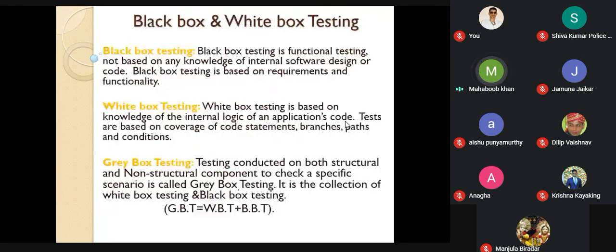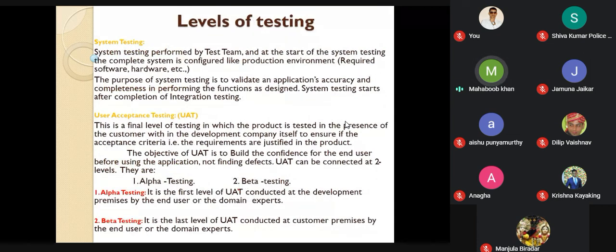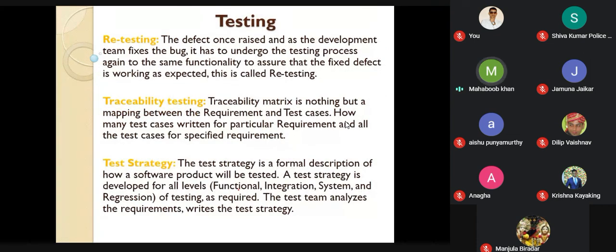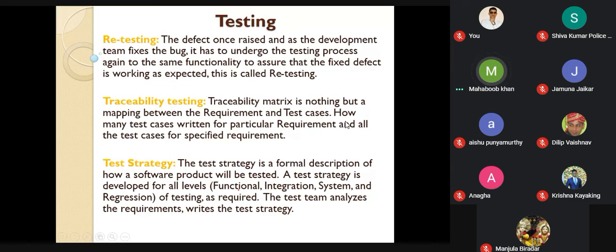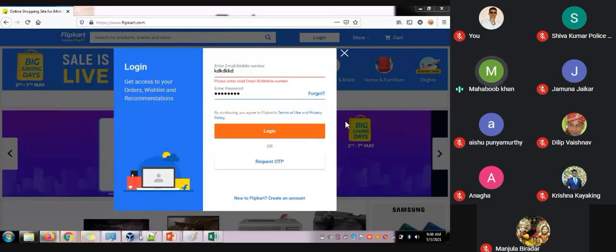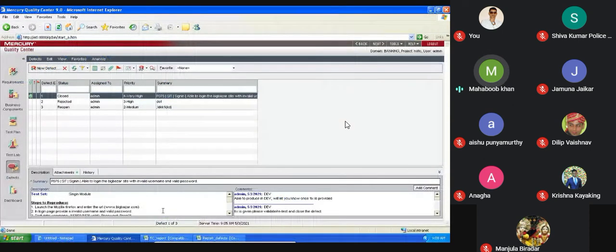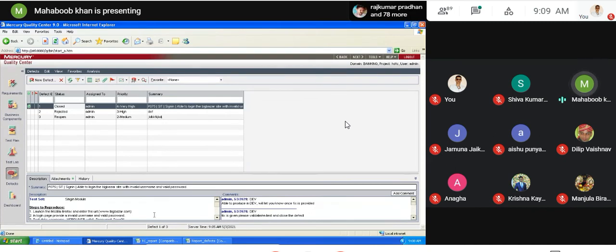Okay, so we completed. In tomorrow's session we will try to discuss some of the interview questions, guys. What is traceability? What is a test plan? So these questions, and a few more topics and interview questions, we will try to discuss. And in tomorrow's 2-hour session, we will try to complete manual testing. So write down if you have any questions. Tomorrow I will try to answer any type of questions.